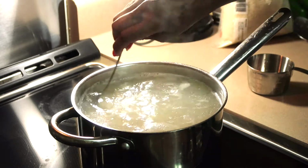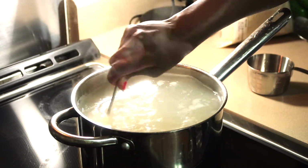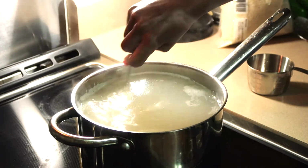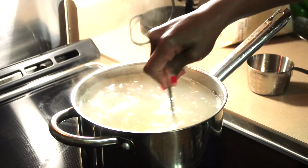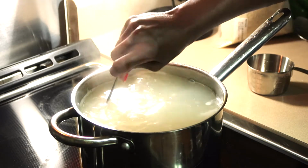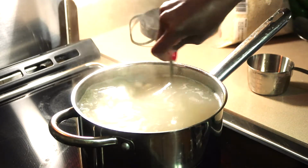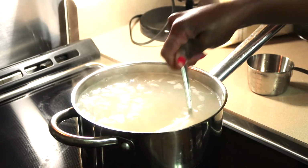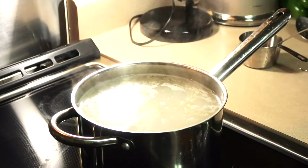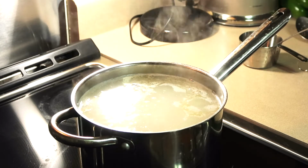So let that have a minute to actually do what it needs to do. I'm going to stir it. And like I said, we don't even want it to boil that much. We just want it to get in the hot water. I'm telling you, it's still going to have hard grains in it because we're going to finish cooking it while it's in the oven, okay? And it's trying to begin to ball the rice. So, what we're going to do now,